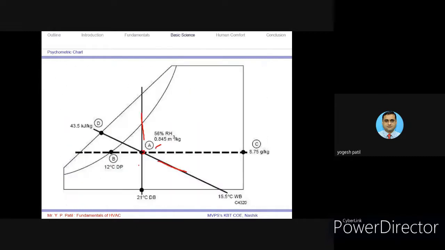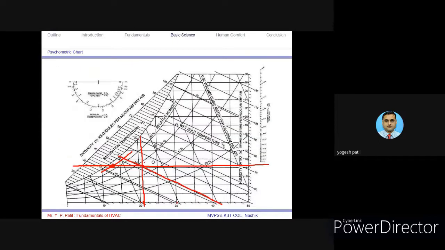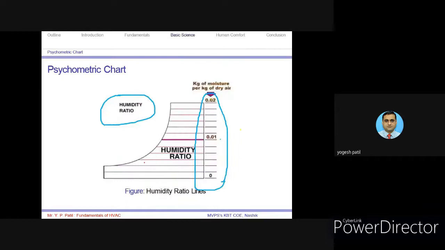So the same point here is mentioned as point B, and that point gives us the dew point temperature. So how is the dew point temperature mentioned? You can see here,